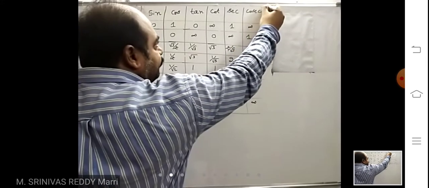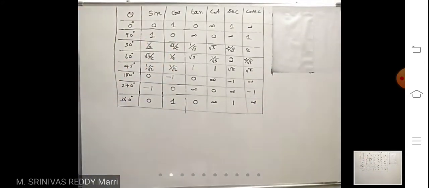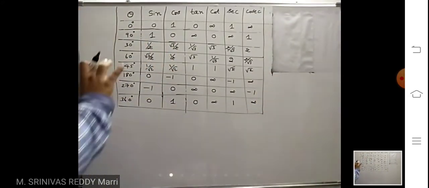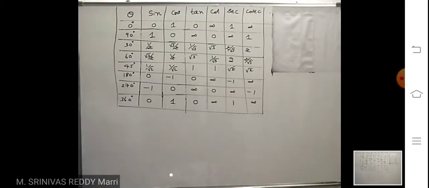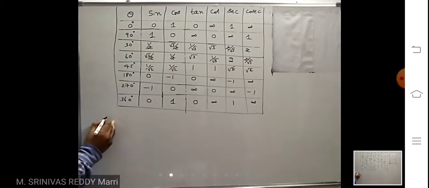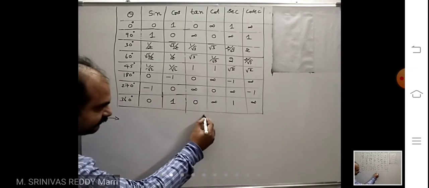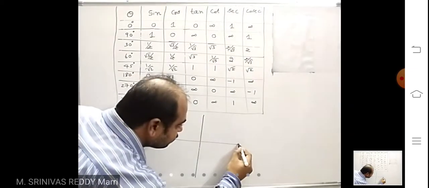Some other angles will be there whose values will be calculated. These are called tabular values. Once the chapter goes on, some more values will be added. Okay now, by using these values, you can calculate some other values. First of all, we will see in which form the angle will be in each quadrant.